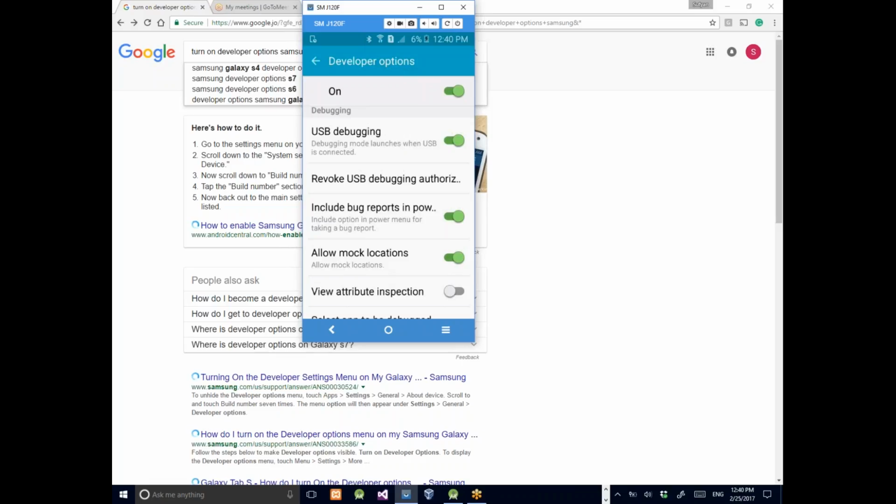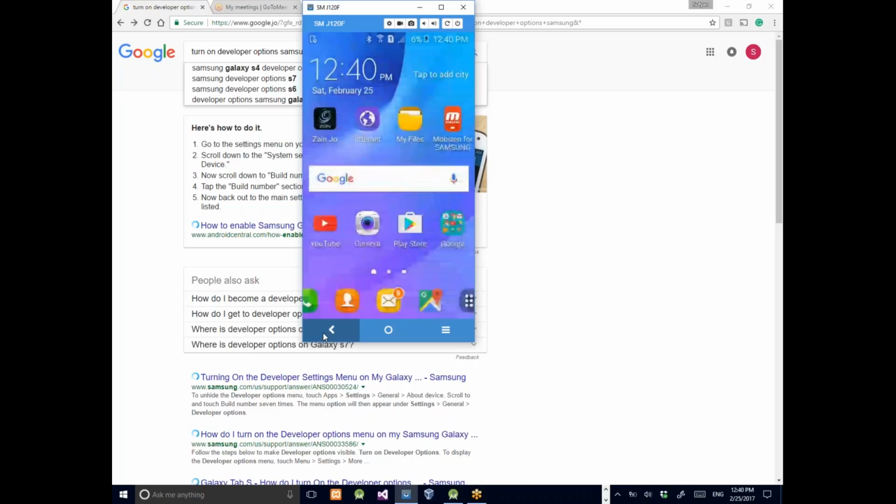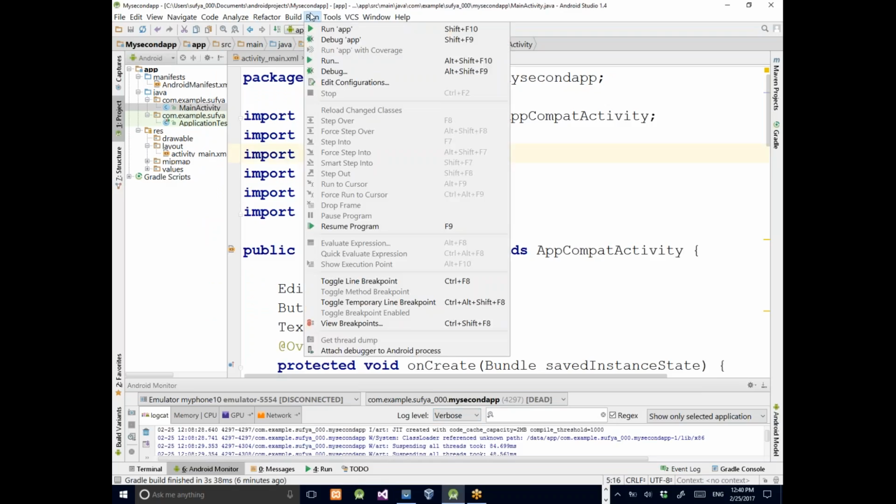So the good thing now is I can start running apps on this phone directly, and I can perform debugging, and I can do all kinds of things from my Android Studio on this device. So now let's see. I'm just gonna go back to Android Studio. I'm gonna close this, of course. Just did it go normal, and watch what I will see is I will go to Android Studio and do